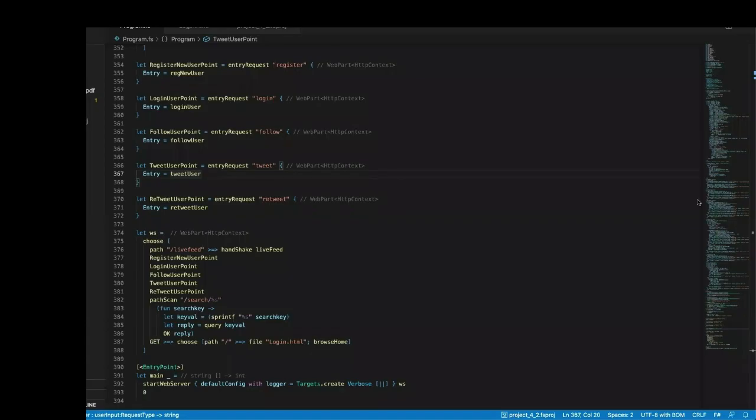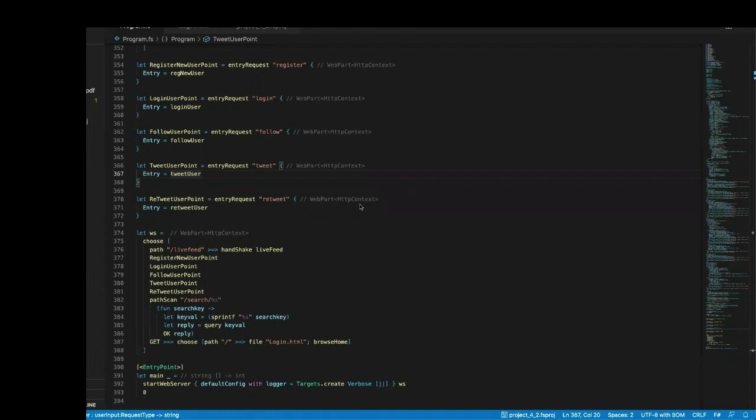Hi, so today we are going to see the demo for Twitter Clone Project 2. We implemented the Twitter engine using the Suave framework, which provides support for both WebSockets and HTTP. On top of that, we also implemented REST operations like GET and POST for different types of services. The engine also uses an actor to push the live feeds to the online users through WebSockets. And a simple UI is developed using HTML and JavaScript to invoke these connections through the WebSockets and the